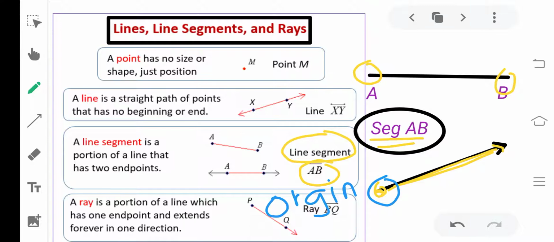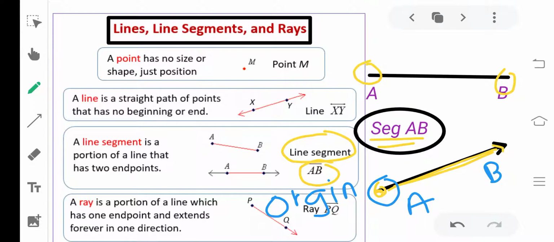In the figure you will see that this is your ray AB. Ray AB can be drawn very easily, and it is part of a line that extends only from one side. It can go infinitely in any direction, and it doesn't have any particular direction. The best example for it is the sun, from which the light rays are coming. It is the best example of a ray.